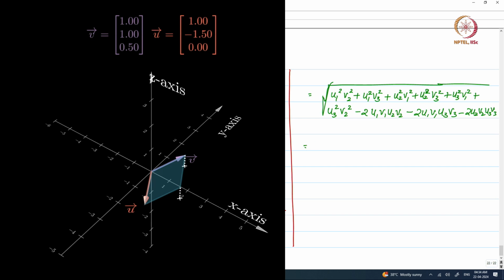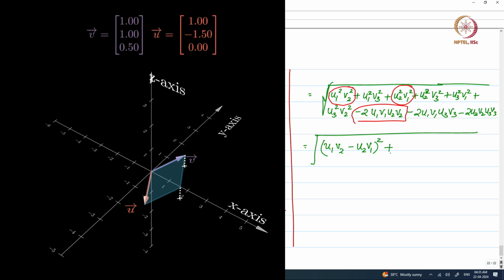Now, if you again try to simplify this, this is precisely what you will get. We have u1 square v1 square, u1 square v2 square, and then u2 square v1 square. So, you have u1 v2 minus u2 v1 the whole square. We will mark all those terms: this one, this one, this one and this one, that gives me u1 v2 minus u2 v1 the whole square, plus,